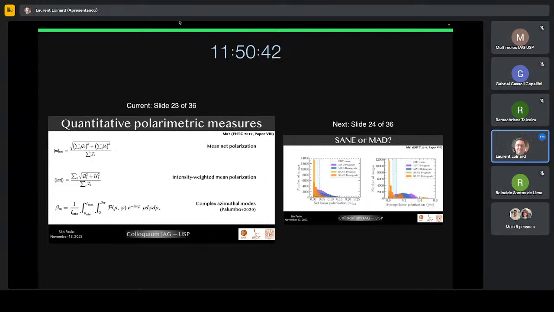Yes. Okay. So just to quantify this, we define a number of parameters out of the polarized image. This is the net polarization. This is the mean polarization over the entire image. And there are these other quantities here that are kind of azimuthally averaged moments of the images, which turned out to be very, very useful. So these quantities you can obtain from the polarized image, and you can also obtain for models that you are interested in. So what the EHT collaboration did to analyze these images